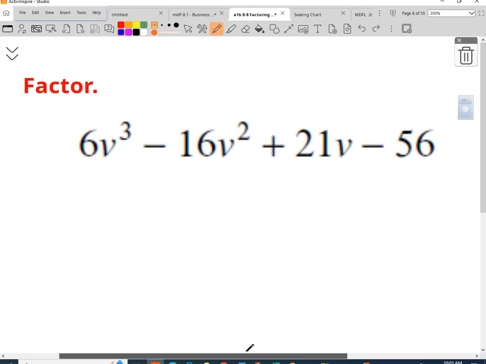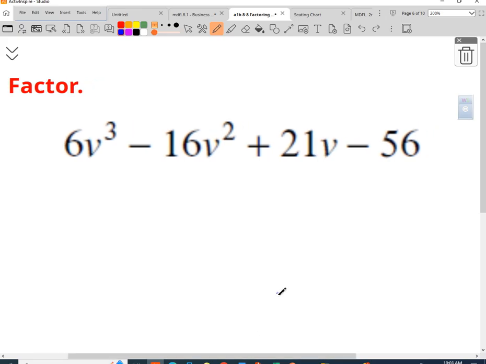All right, so we are going to start with this example in the back. The very first thing we do is we look to see if there's a greatest common factor, either a number or a variable. We know there's not a variable common factor because there's not a variable in all four terms. Is there a numerical factor? Well, I'm looking at 21 because that's the only odd number. Factors of 21 are 21 and 3 and 7. Well, 7 is a factor, 56 not a factor, so we don't have a factor that comes out of everything,